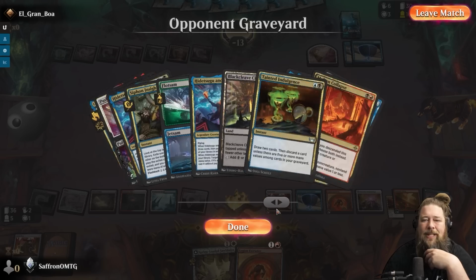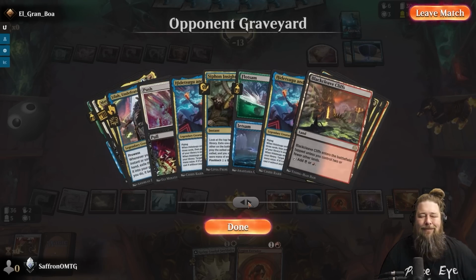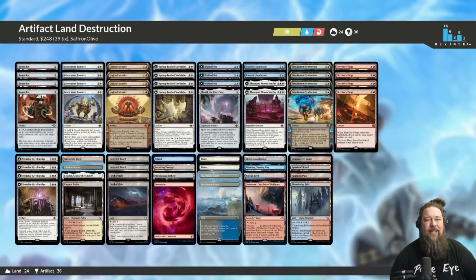But that synergy between these split cards and Lila is actually super spicy. Yeah, we're going to have to try to brew around this. Cool deck. So what do we learn this week about our artifact land destruction deck in Outlaws of Thunder Junction